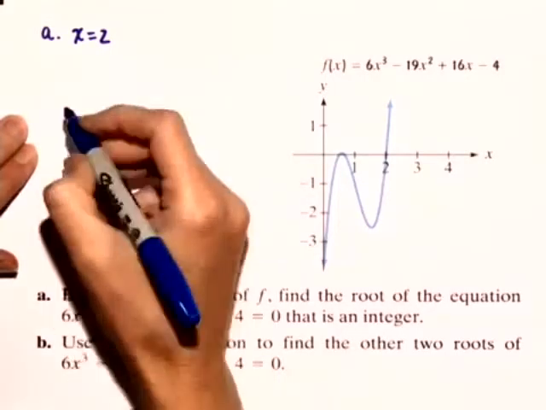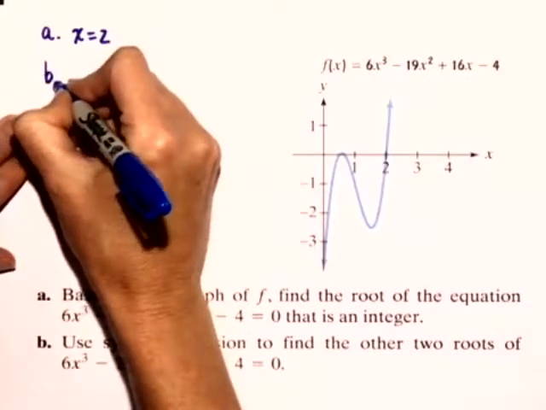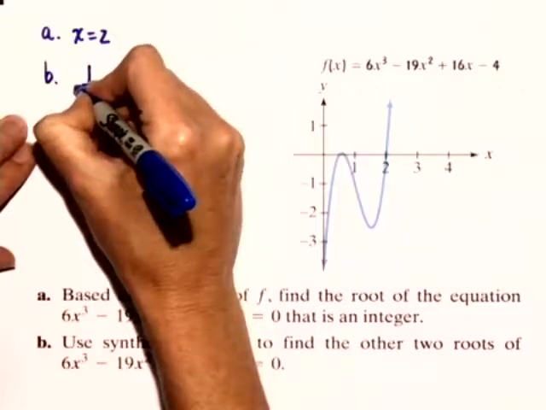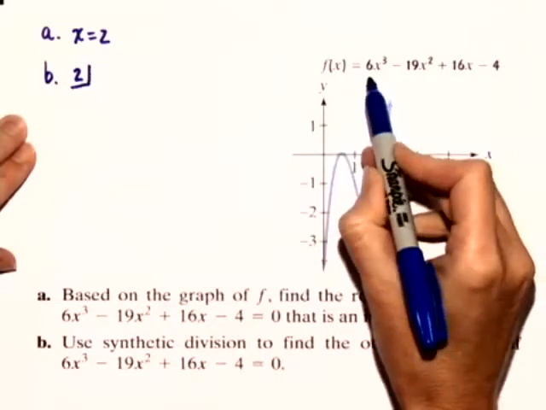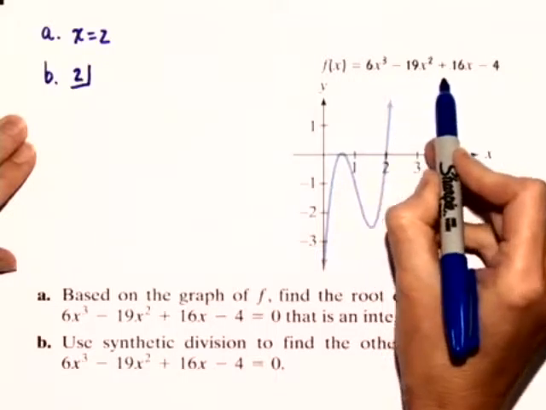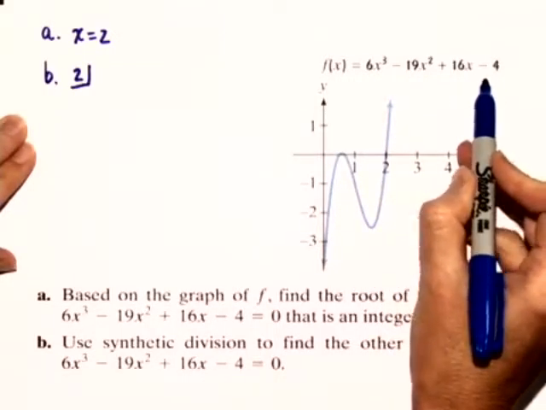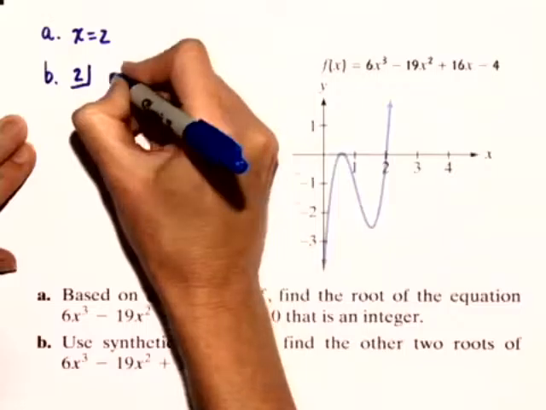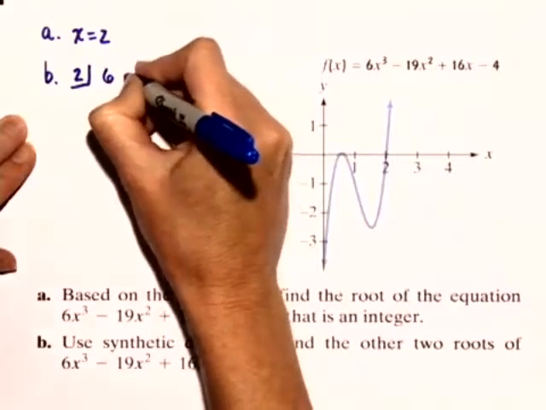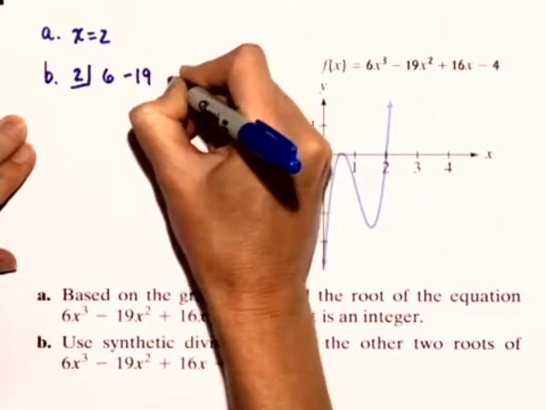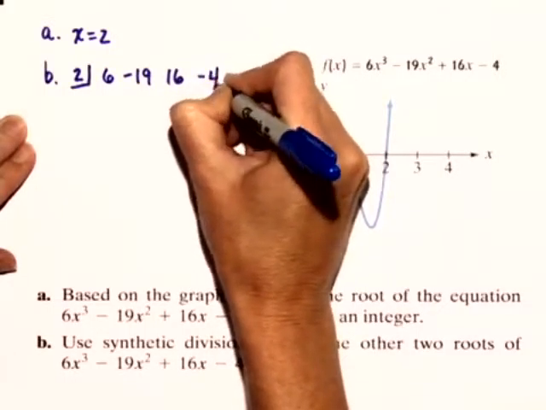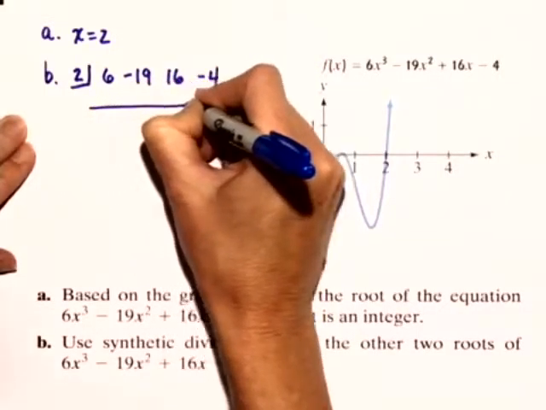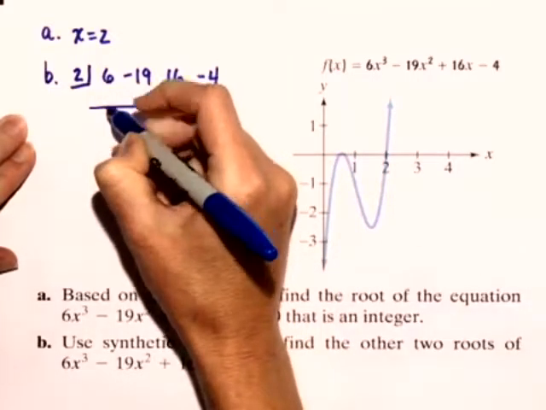So let's start off and get synthetic division set up. We're dividing by 2, and we want to put the coefficients in descending order of our polynomial function. So first we have 6, negative 19, 16, and then negative 4. And we'll draw our line. Let's bring down the 6,